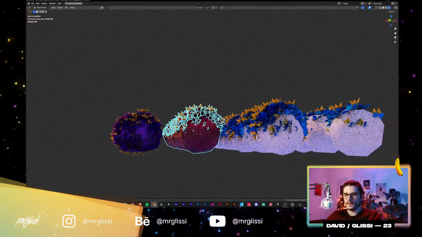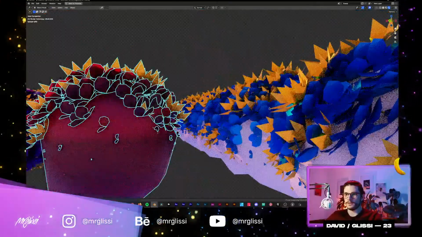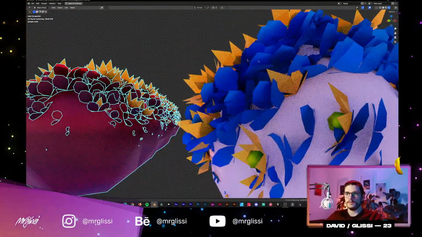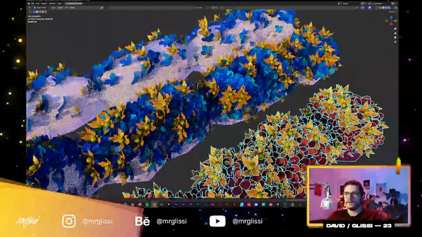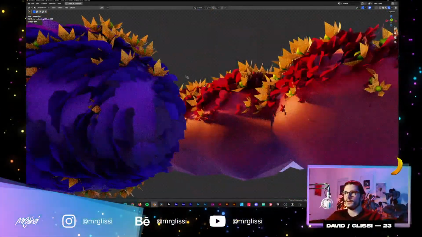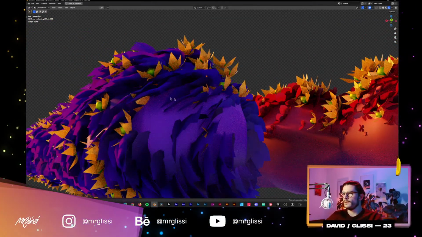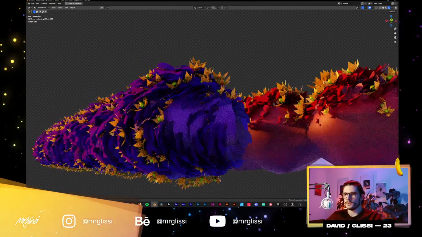So now there's the difference between the blue leaves that don't have subsurface scattering and translucency and just look like this, plain from the back and shiny from the front, and then these ones over here, the purple ones, which have some translucency and some subsurface scattering,